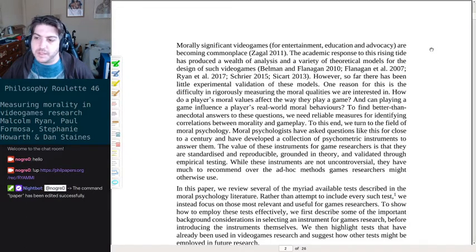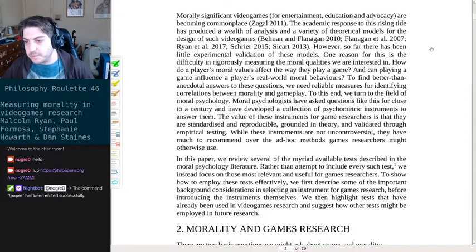One reason for this is the difficulty in rigorously measuring the moral qualities we are interested in. How do a player's moral values affect the way they play a game? And can playing a game influence a player's real-world moral behaviors? To find better than anecdotal answers to these questions, we need reliable measures for identifying correlations between morality and gameplay. To this end, we turn to the field of moral psychology. Moral psychologists have asked questions like this for close to a century and have developed a collection of psychometric instruments